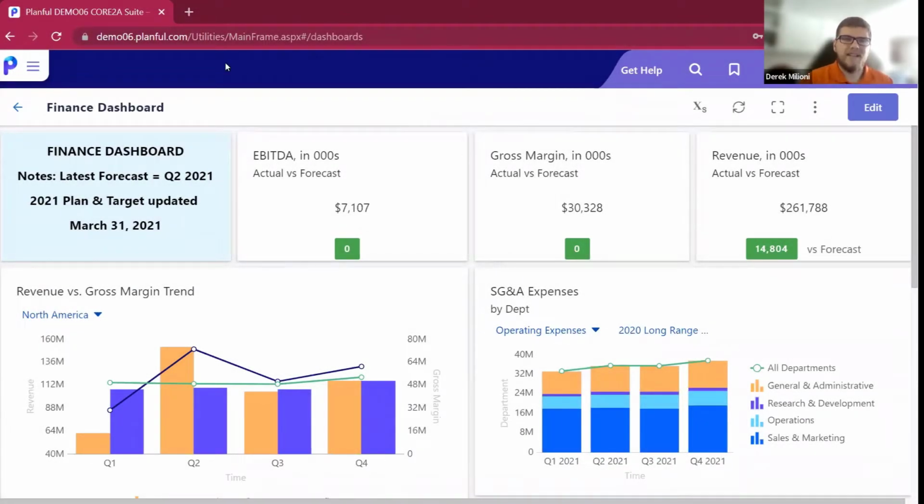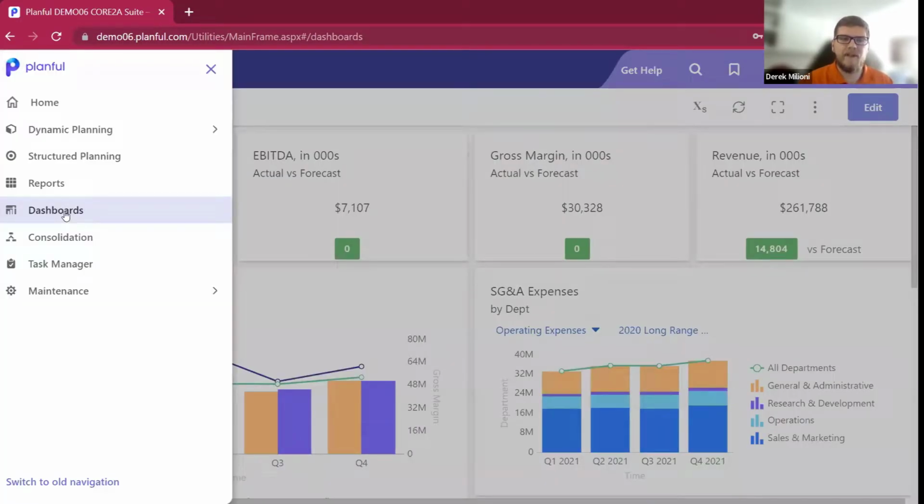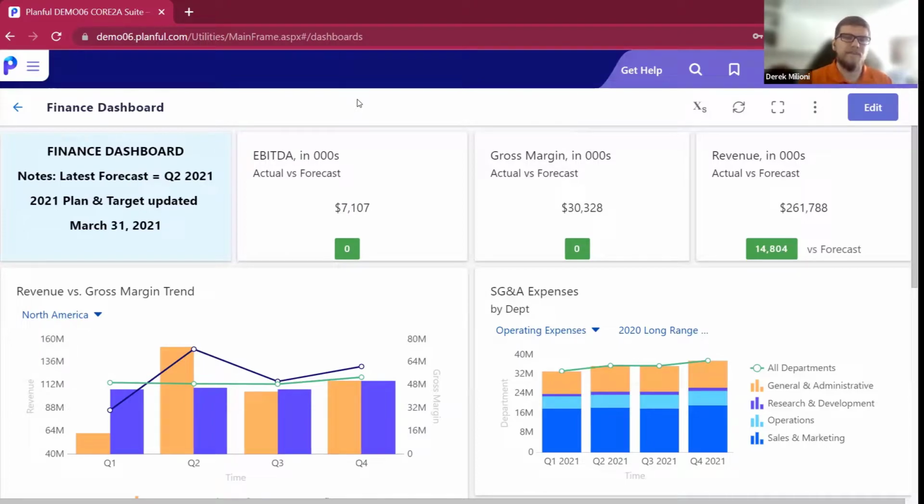So I am here at planful.com. I'm within my Planful application. Dashboards is an area that I select by clicking the dashboards icon in my home screen. All of these icons, like Rob was talking about with the pain points of user security, are only visible because I have the security to do so. I'm allowed to see dashboards, therefore I click dashboards and I'm brought in to my latest one, which is my